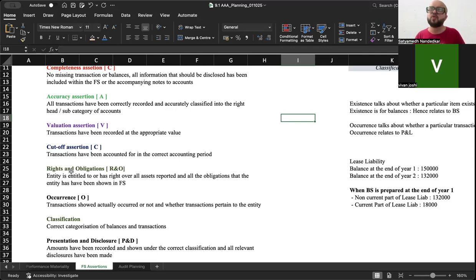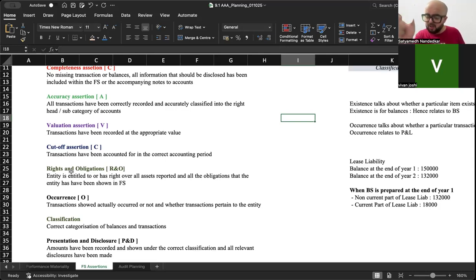Okay, then classification, correct categorization of balances and transactions। What should go in debt instrument has been classified as a debt instrument, what should be an equity share has been shown accordingly। There are certain places where the classification can be confusing। Property plant and equipment है कि investment property है, so you are claiming that listen, we have applied all the techniques known to humankind and the classification is right। The last point is presentation and disclosure।